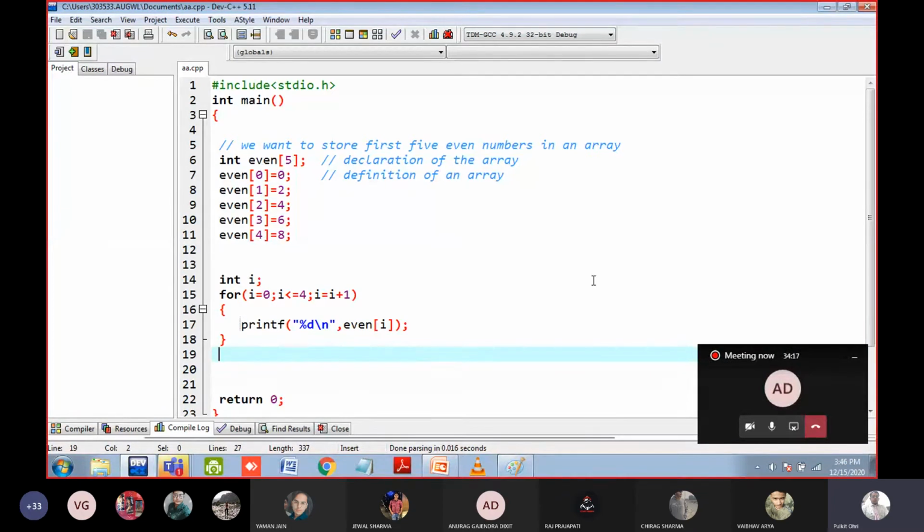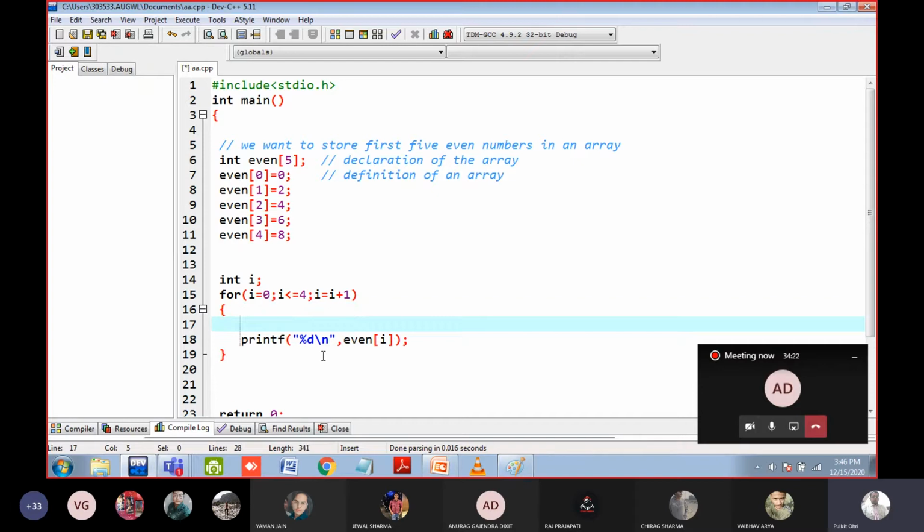For example, to check whether a number is even, I can write here: if i modulus 2 is double equal to 0, means if it is an even number, only then print it. I can write a line like this, yes or no?